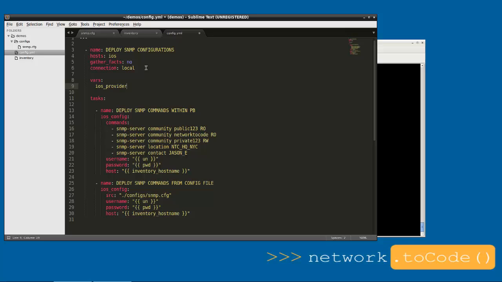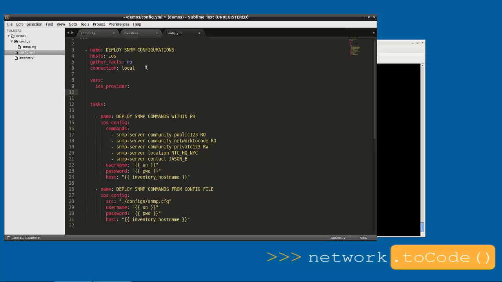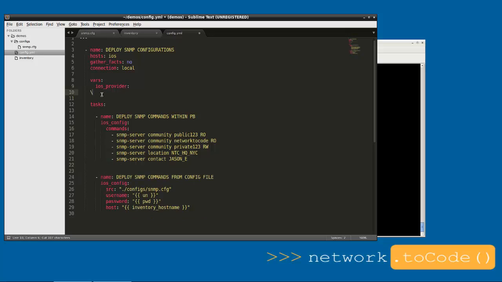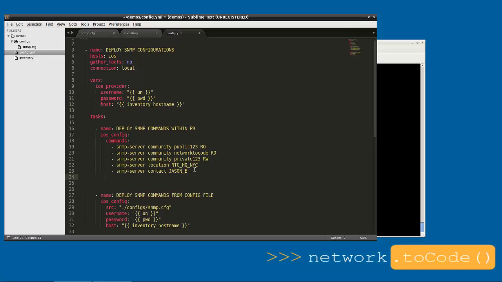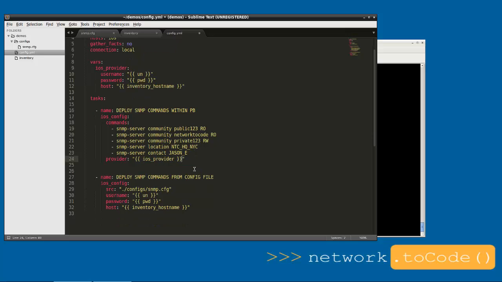So we're going to call this our iOS provider. This is going to provide our redundant variables such as username, password, and host. So we're just going to take those out, paste them at the top. We're going to use our typical good practice 2-space indent. Now we would just reference that variable with the provider variable. Okay, so we're now going to pass in iOS provider as the value of